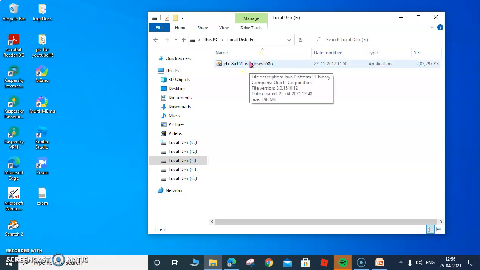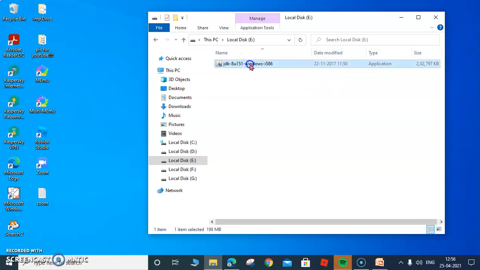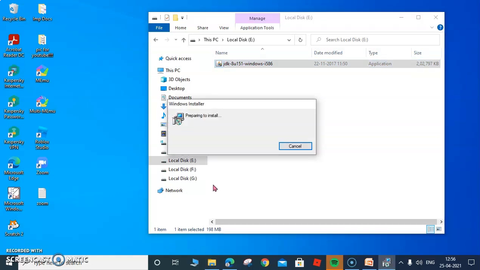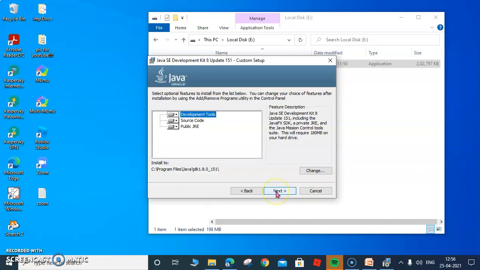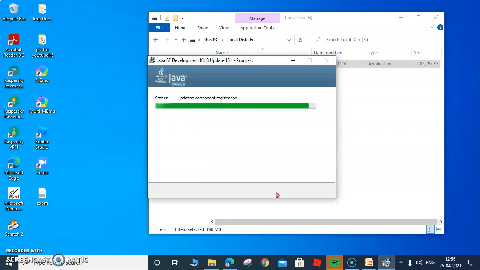You can freely download it from the internet, and once it has been downloaded, you can simply install it by double clicking. So we'll see how the installation goes. It is asking us for a user access control. We'll see the installation process first and then setting up the path. So here is a wizard, and we'll have to follow this wizard accordingly. It's quite simple, you just read the instructions and follow them.